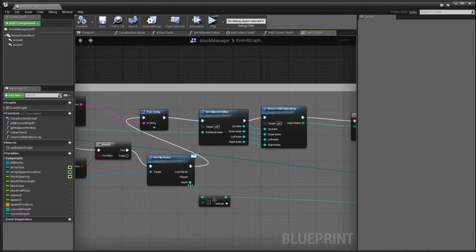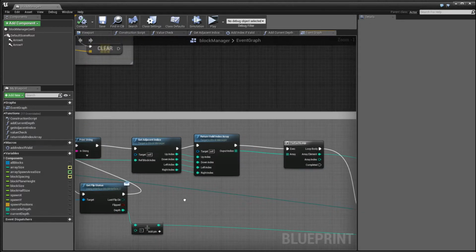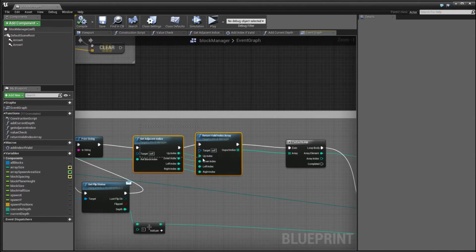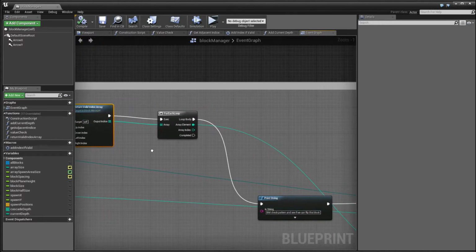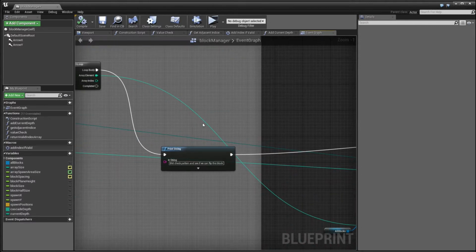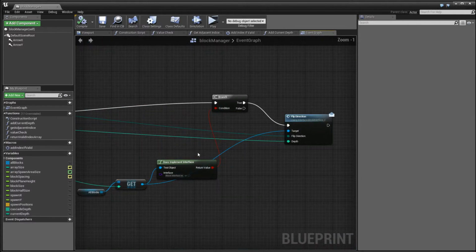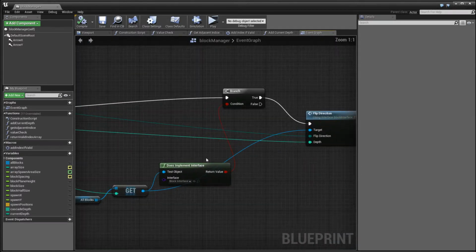And then the depths will always be the one called by this block's steps +1. So here is the +1. We can still get the JSON index and return valid index array here. This is still valid. And if for each loop we do things like this, it's so simple.